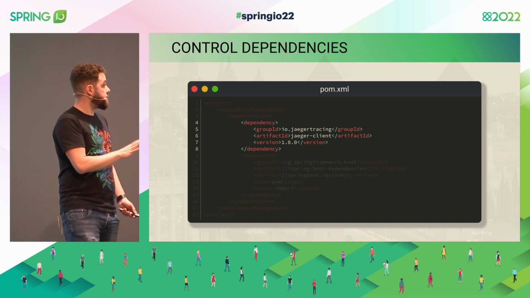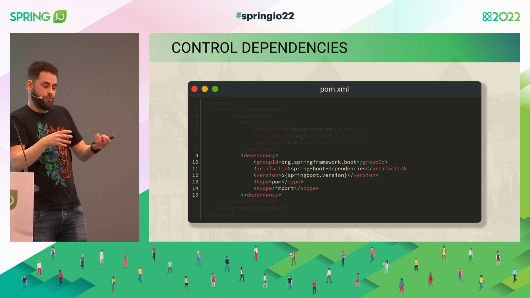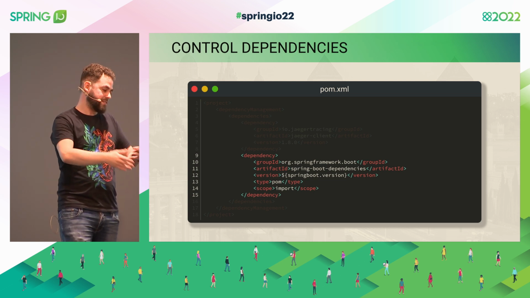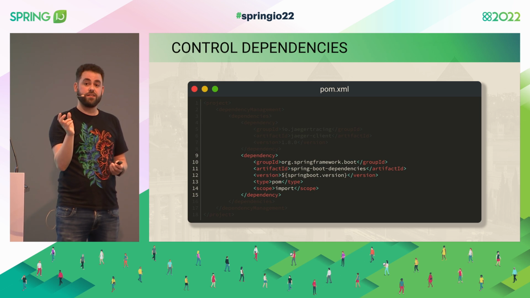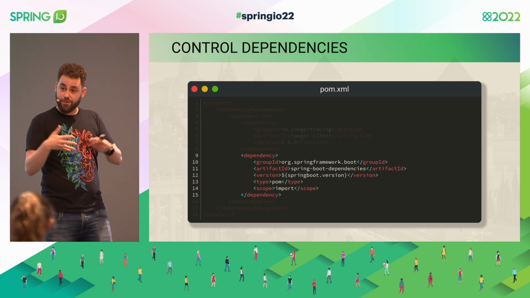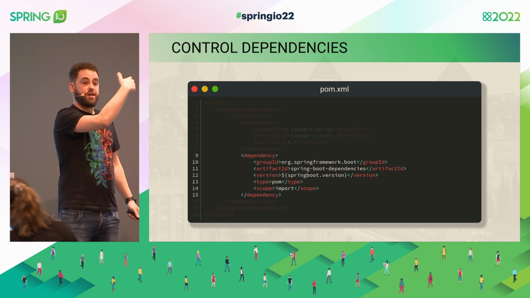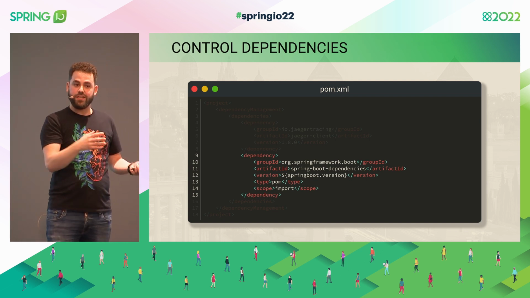But otherwise, that's it. And then on this dependency management, we can see this is mainly one of the best features that Spring Boot has. It's very simple, but it's OK. It gives us this long list of dependencies on the versions that we need them, and they just make sure that everything works together. And also, they make sure that things are patched. So what we can do in our dependency management is say, OK, this is my dependency management, but also I want to extend the Spring Boot one.